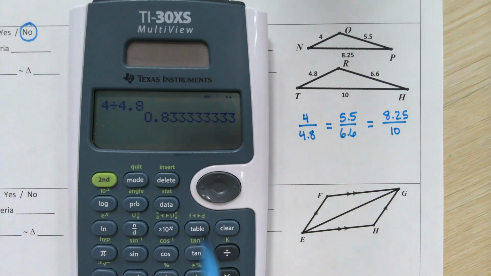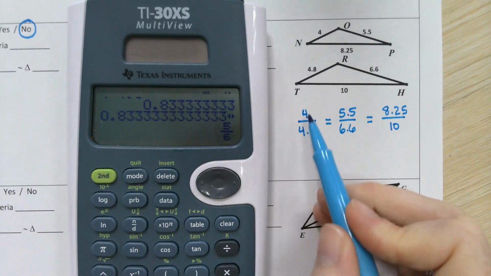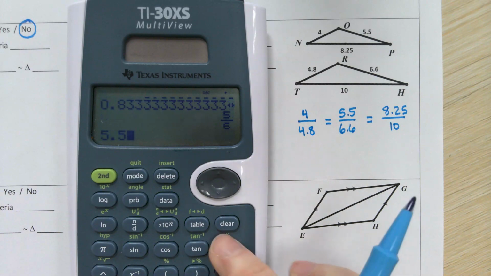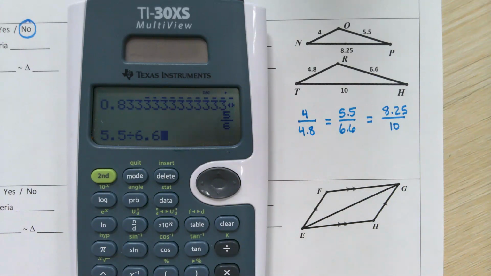Your calculator might display a decimal. There should be a button on your calculator somewhere where you can change decimals into fractions. Again, if you're not sure where that is, ask your teacher for help. So that ratio right there is actually equal to 5/6. If we type the next one in and we do the same thing, it's also 5/6,